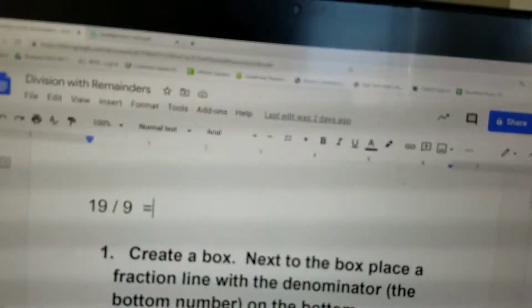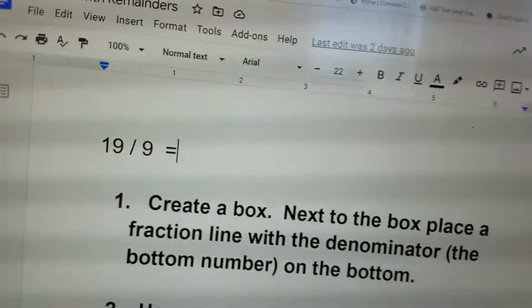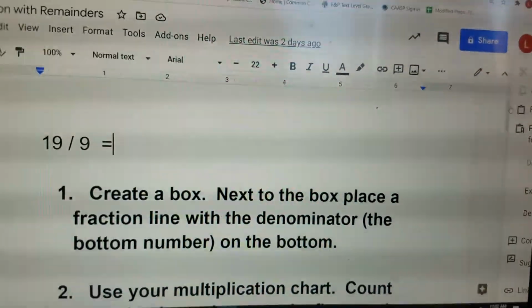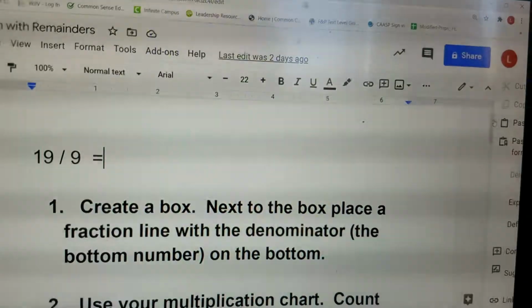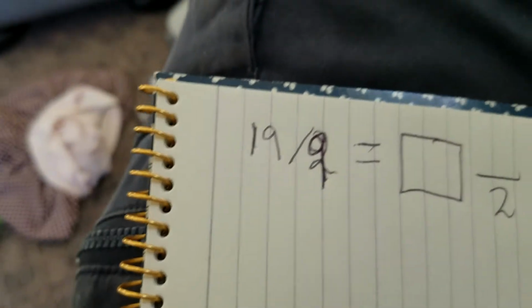So the first one we're going to look at today is 19 divided by 9. So the first step, we are going to create a box. Next to the box, place a fraction line with the denominator, the bottom number, on the bottom. So the denominator here is 9. We've created a box, so we are going to put a 9 right here